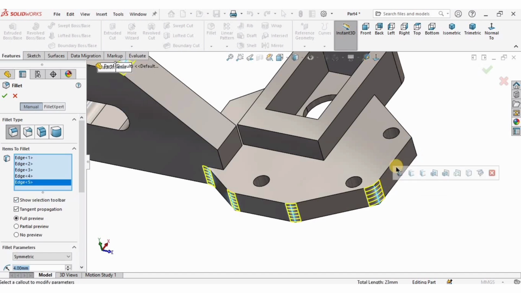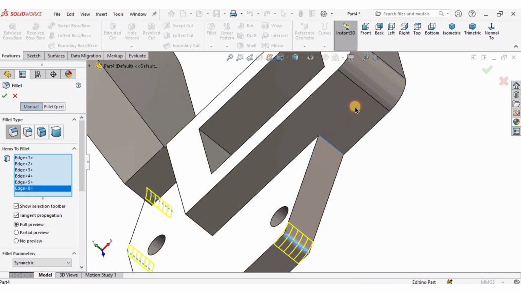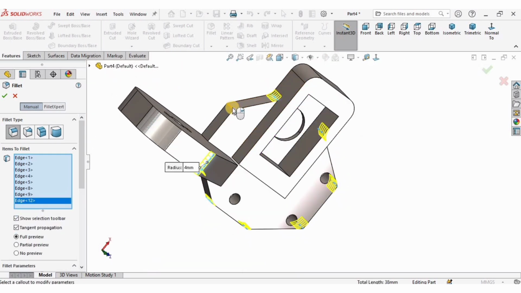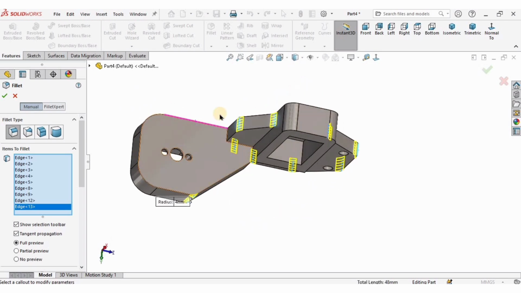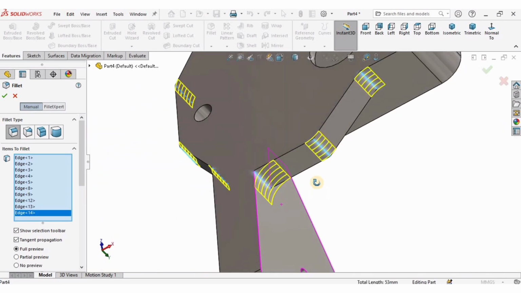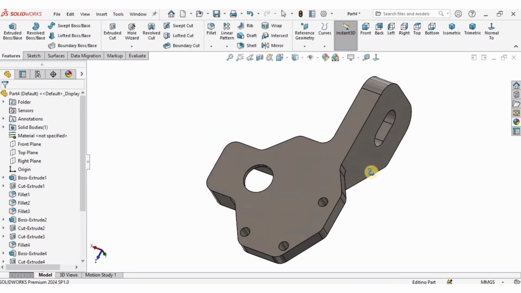Okay, so all of these basically corners, I'm gonna specify 4 mm radius fillet. Check the box. Okay,